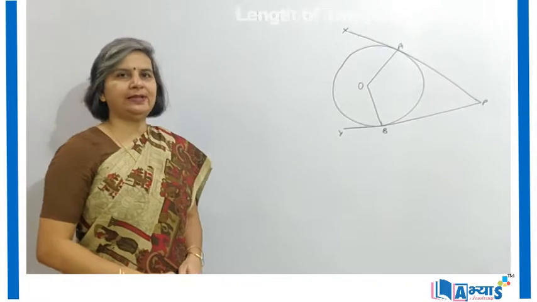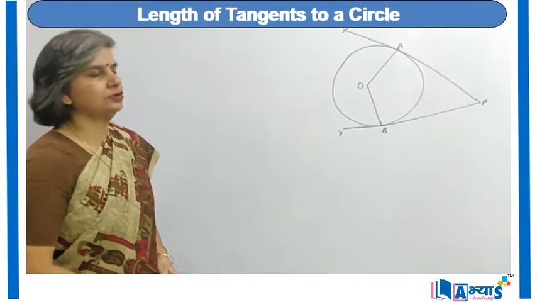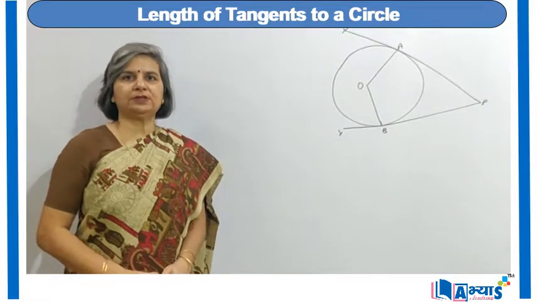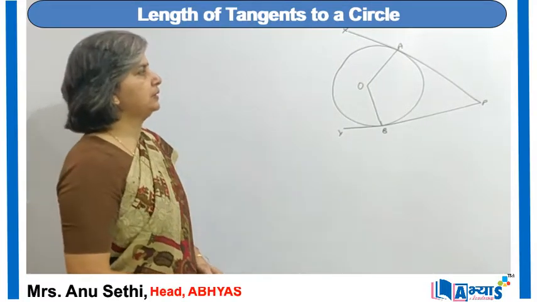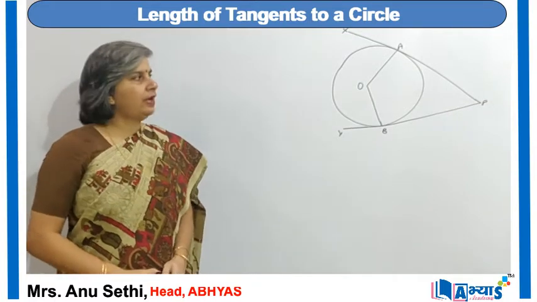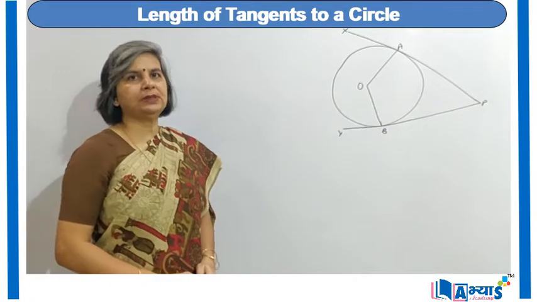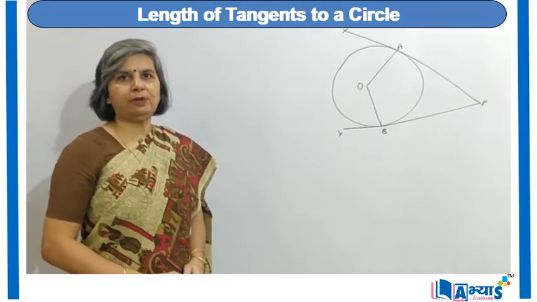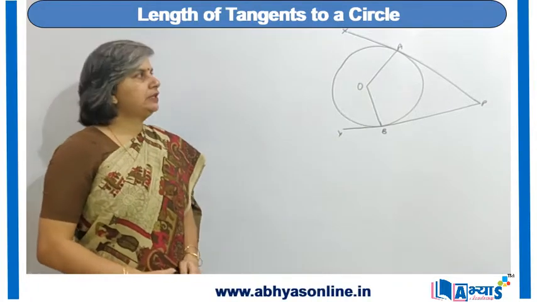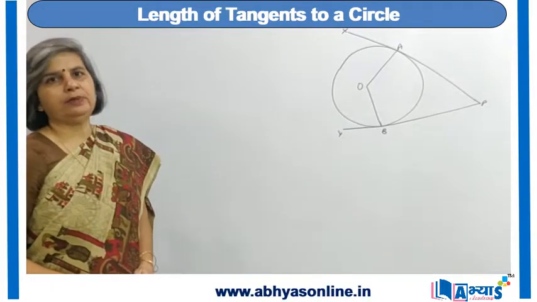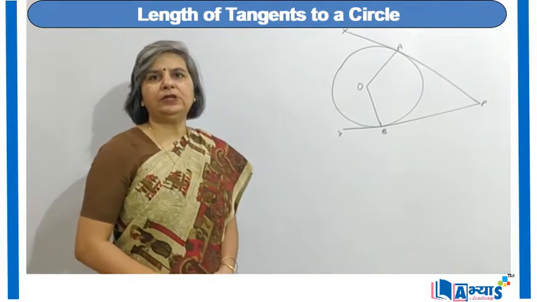Let us discuss the concept of the length of a tangent. That means the length is basically the distance of the external point from the point of contact. If we are given a circle with center point O and a point P outside the circle, we know that from a point outside the circle a maximum of two tangents can be drawn. So we have drawn PX and PY as the two tangents which meet the circle at points A and B. So PA and PB will be considered as the lengths of the tangents.